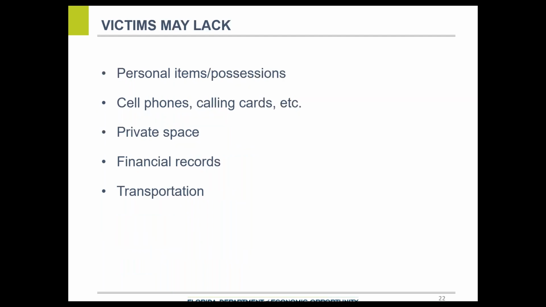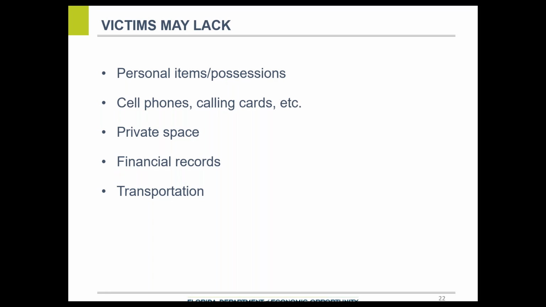Lastly, a large number of victims may be residing in the same living space. An outreach worker may observe overcrowding conditions, such as mattresses on the floor or excessive coming and going of workers to a particular room. The victims may lack personal items, cell phones or calling cards, private space, financial records, and transportation. So not having personal